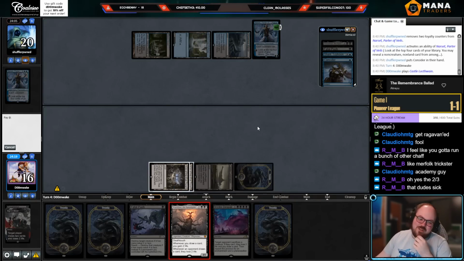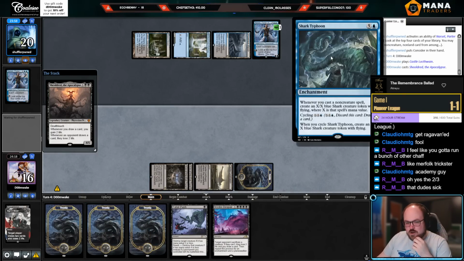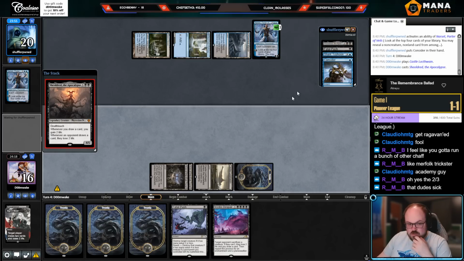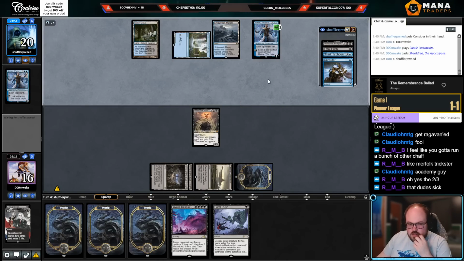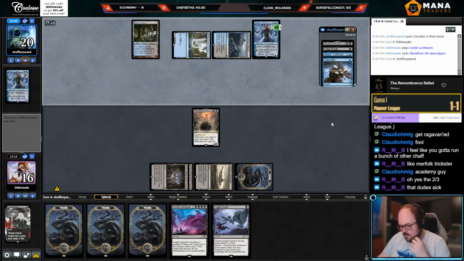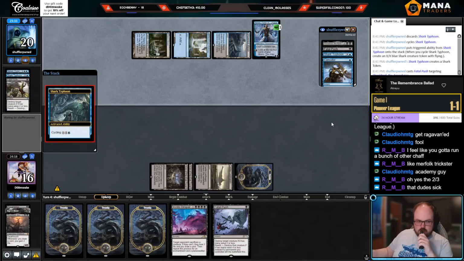Narset is such a beating, man. Oh my god. They can go upkeep Shark Typhoon for 0 and then Fatal Push if they want. They probably just play their own Sheoldred. Question, how does Invoke Despair work with Narset? If they sacrifice the Narset as part of the cost, do I still get to draw cards? I think I do, right? I've never had that come up before. Judge. I'm pretty sure I do, but...